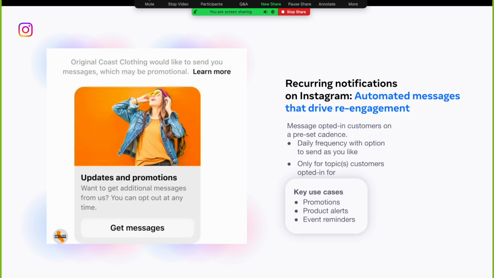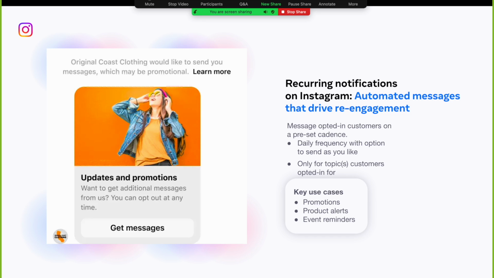As you know, we have the 24 hour and 7 day window where we allow use of the API. So using the API, you can only respond to people who have messaged you in the last 24 hours, and manually via the human agent tag within the last 7 days.